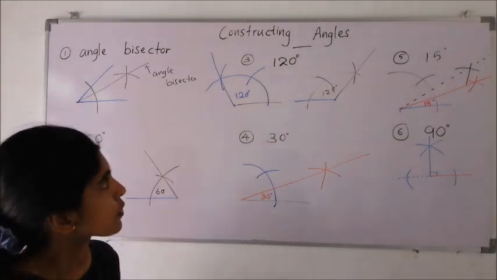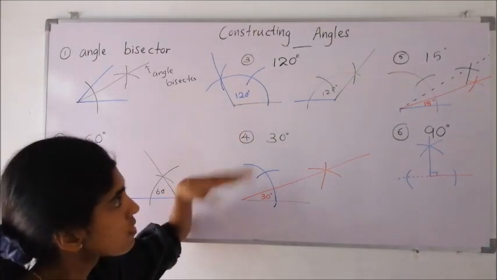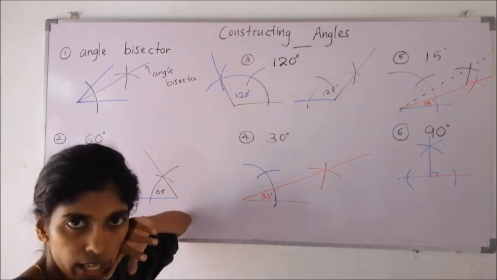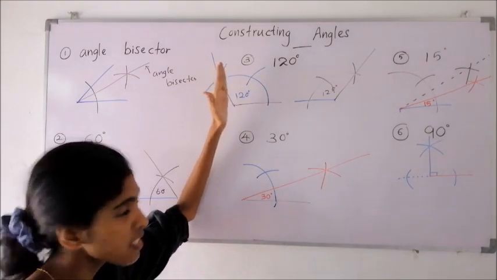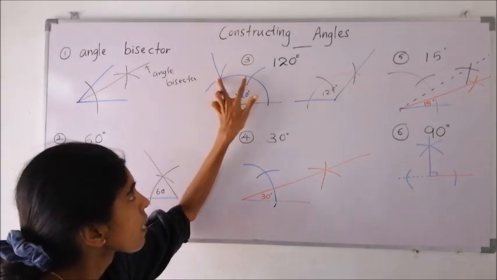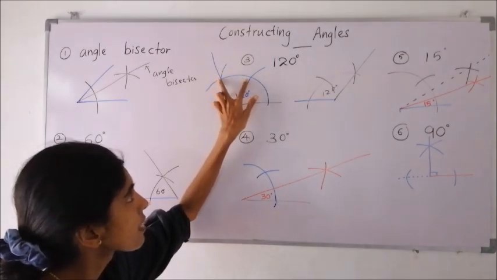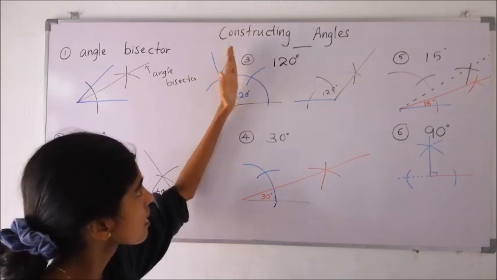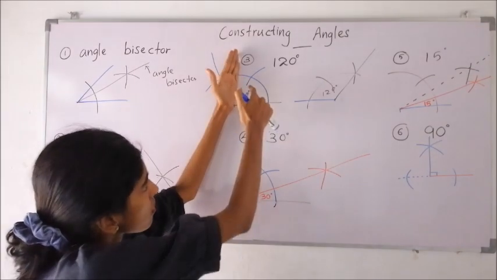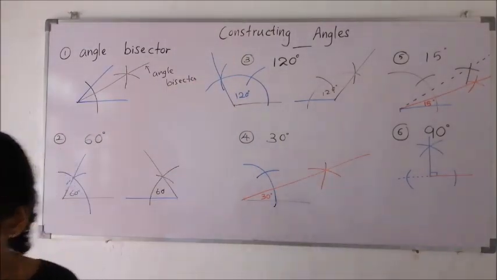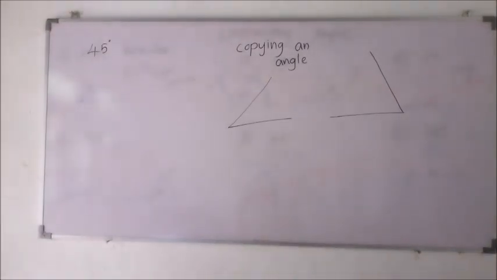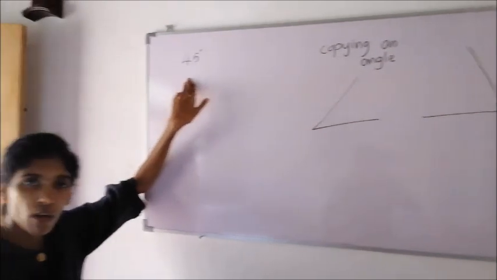Or else you can construct 120 degrees. Then 60 is already there. If we can add another 30 degrees, 90 can be formed. So this angle 60 can be bisected. Thereafter that 60 and 30, when we join, 90 is coming. That is another way.